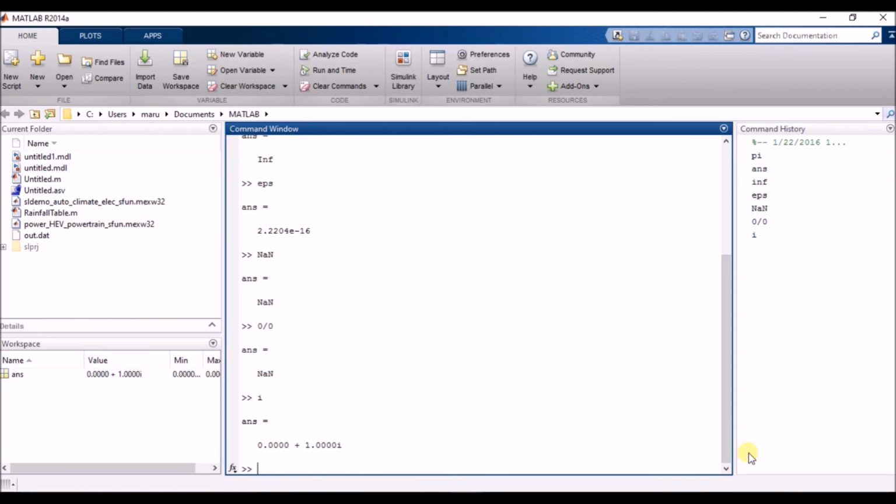We can't change those predefined values. What we discussed within the predefined variables, that is special variables: pi, answer, infinity, exponential, NaN, which is not a number, and i, an imaginary value which we can use in the loop.